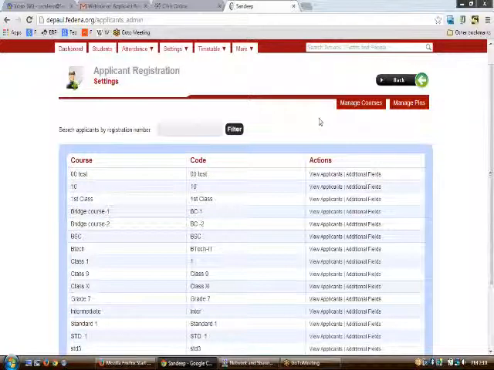But before going into the applicant registration plugin in detail, I would like to let you know what this plugin deals with. This plugin is quite handy in situations where you register your students via submitting some application forms.